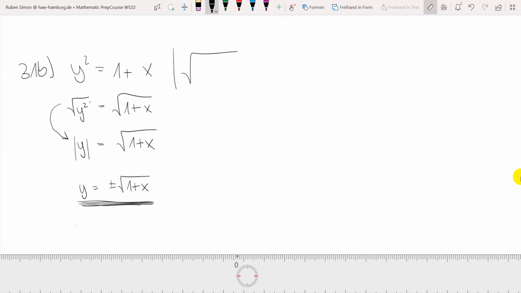So if you enter x equals 1, for instance, or let's use 3, what is your function value? 2? Yes, positive or negative 2. So actually it would be plus minus 2, but that is actually 2 points in a